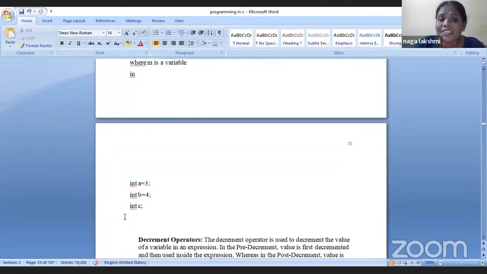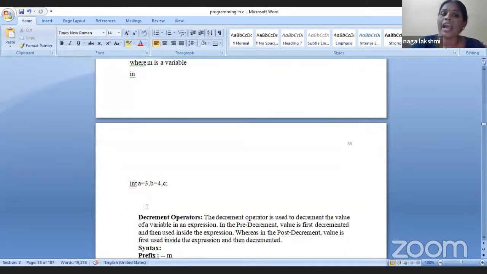Now instead of this, I could write int a comma b comma c, as they belong to one data type. Within one declaration we are going to write. Means time is being reduced and space is also being reduced, and as a good programmer, he should keep two things in mind: less consumption of memory and less time taking process. Understood clearly everyone?